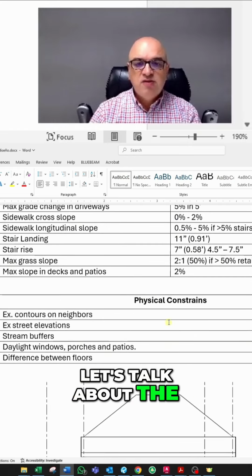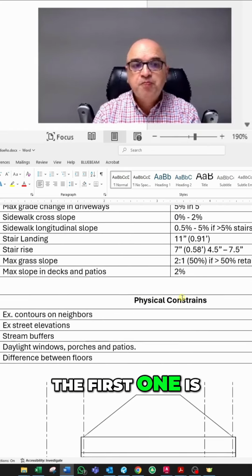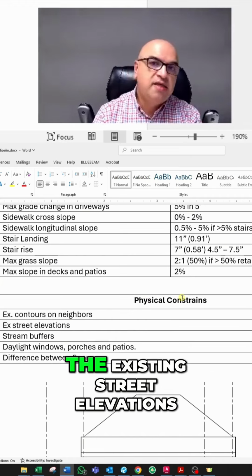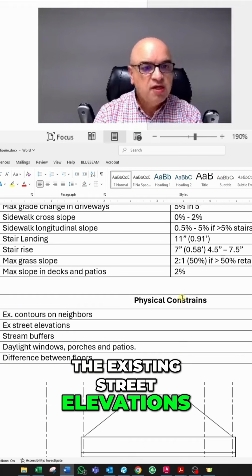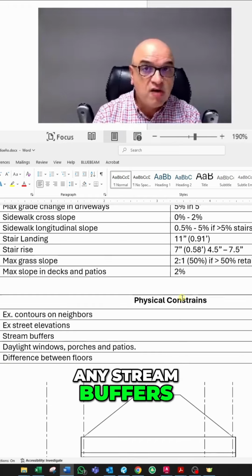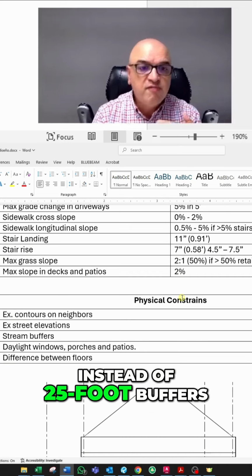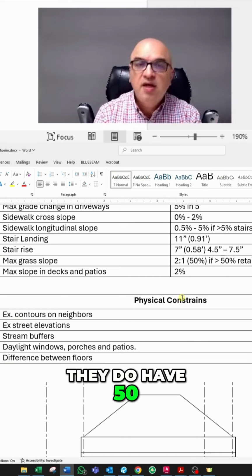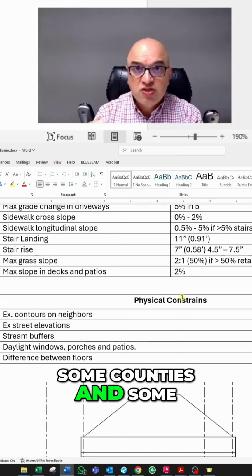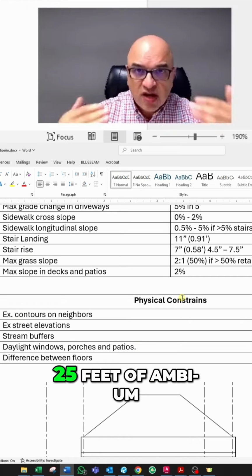Now, let's talk about the physical constraints of the site. So the first one is the existing contours on the neighboring properties, the existing street elevations, the stream buffers. You cannot disturb in stream buffers, and some counties even have, instead of 25-foot buffers, they do have 50. And another restriction is, some counties or some jurisdictions don't allow or have an additional 25 feet of